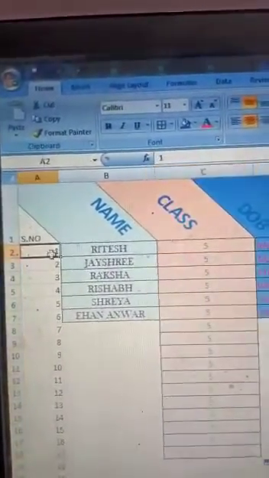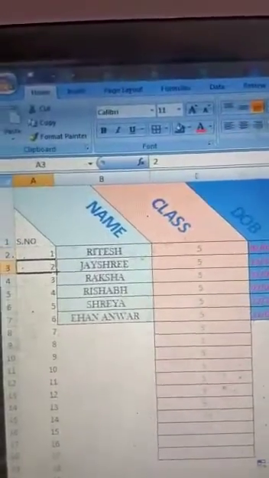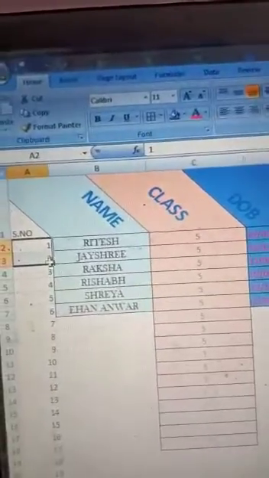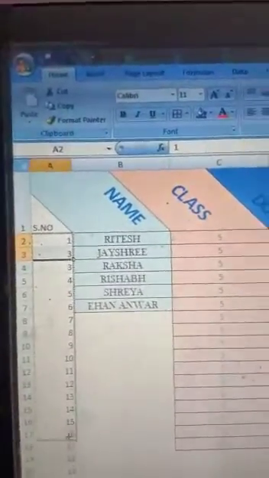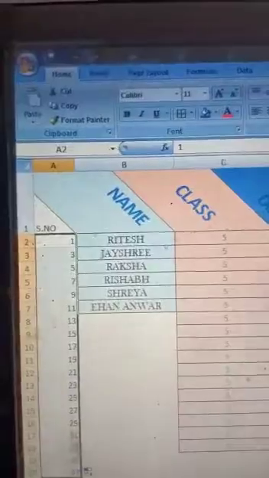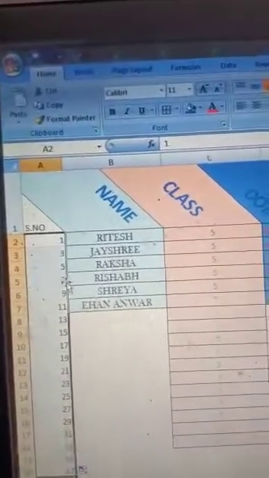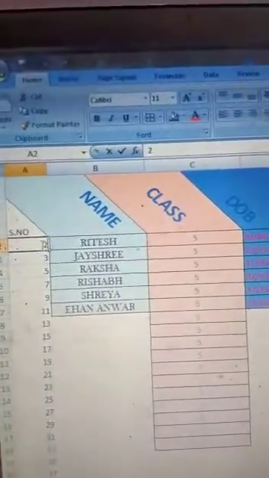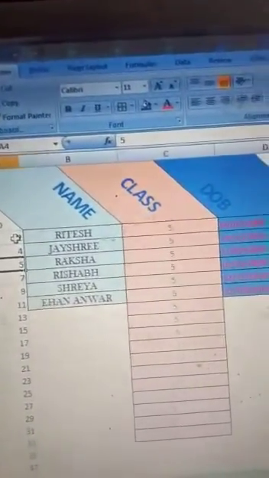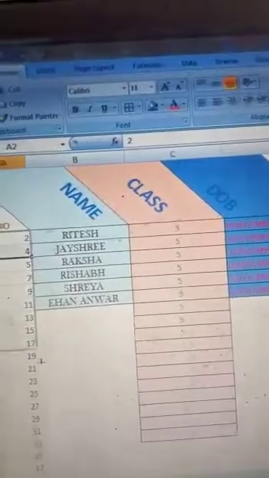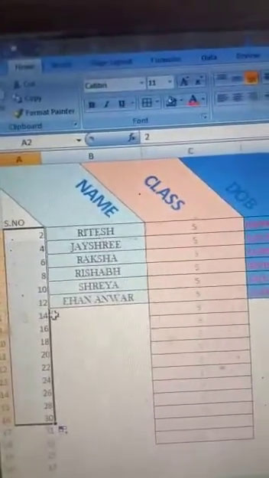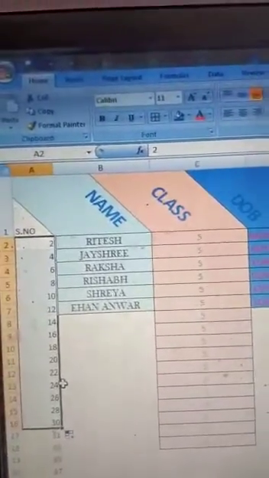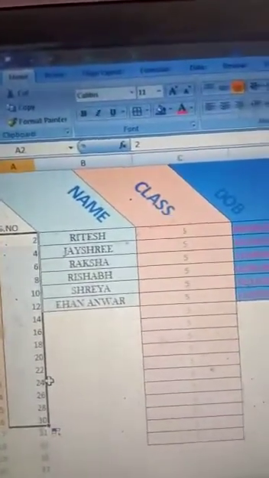And one thing I also tell you: if I write 1 and then I write 3, then now look, the sequence is 1 3, this is an odd number series, 1 3 5 7 9 11 13 15 17. Okay, and if I write here 2 and then 4, then it is an even number sequence. Look, easily you get 6 8 10 12 and so on. Okay, students, so that is the way of filling a number sequence. Easily you can fill any type of sequence.